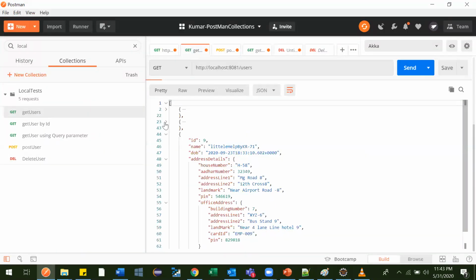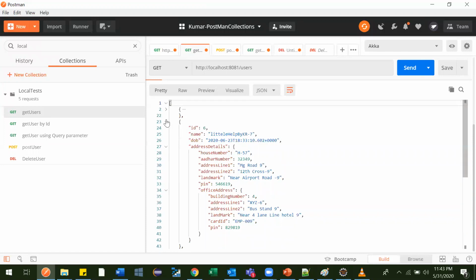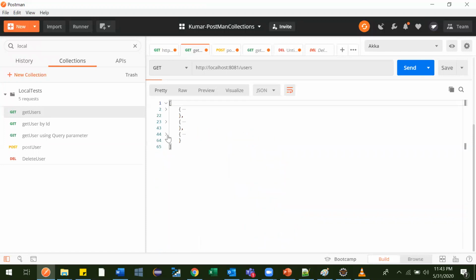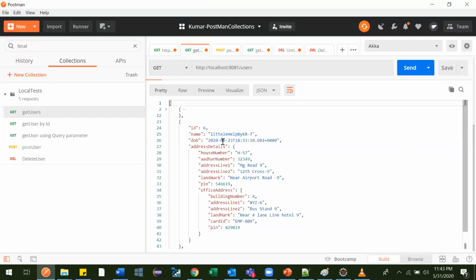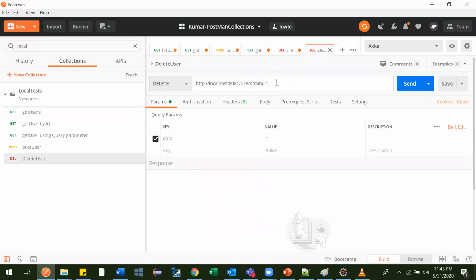First we'll delete the middle one, the sixth one, not the others. We'll see whether it is getting deleted or not. So the ID we need to provide is 6. Now we'll send it.